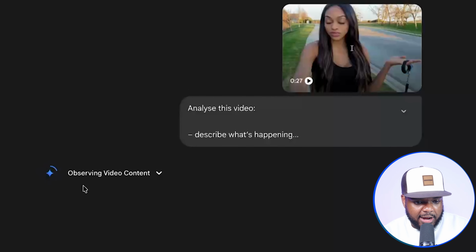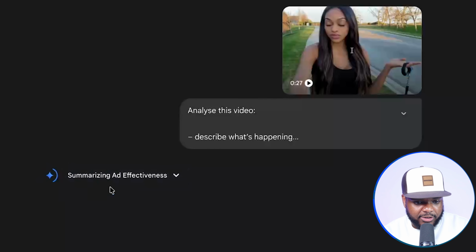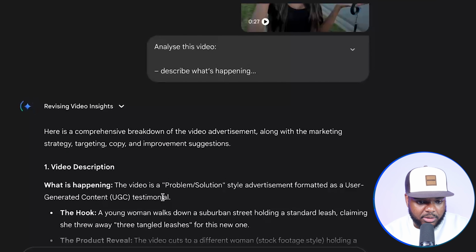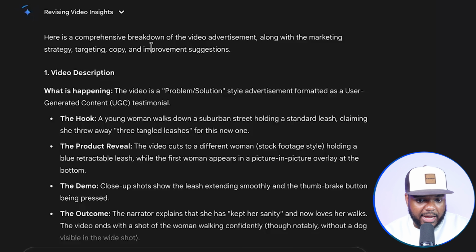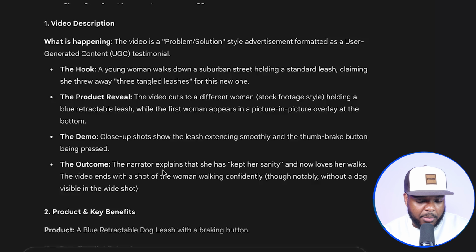And as you guys can see right now, what it's doing is observing the video content. It's looking at the content structure. It's also pinpointing the ad details. It's optimizing the ad copy. It's doing everything I basically told it to do. And within a few seconds, it's been able to come back with everything that I need for me to move forward. Now, before we take a look at the advice that it gave me for running a Facebook ad,